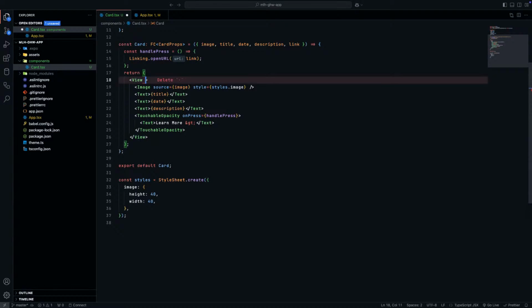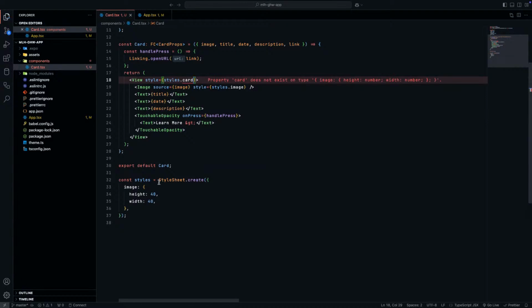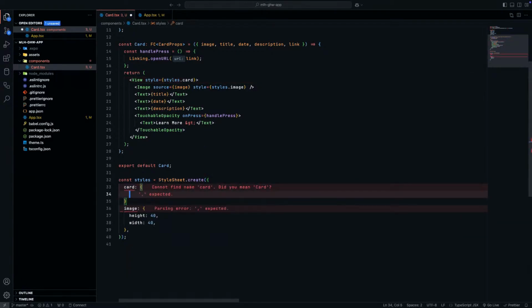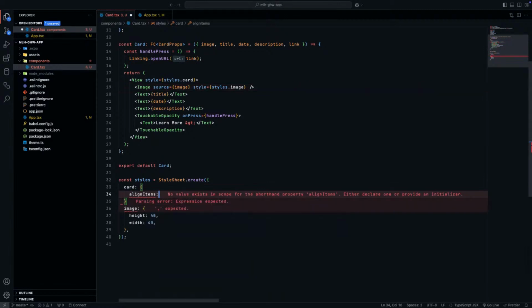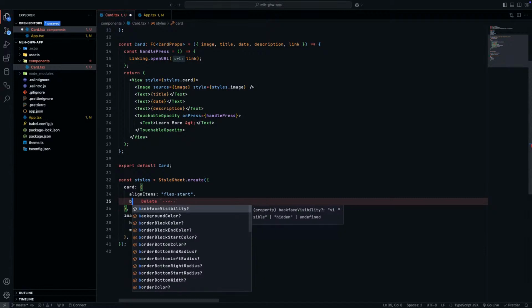The view will have a style equals to styles dot card. Okay, it should look like a card, right? So I can do a card, and I will say align items to be on the flex start. Okay, what else? Background color,